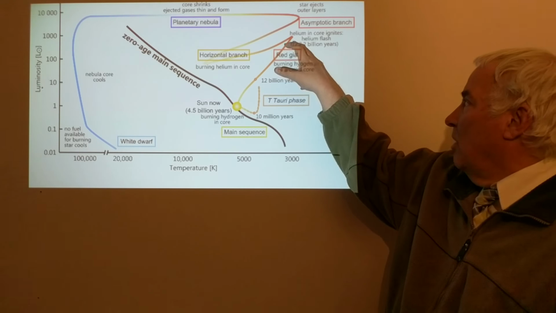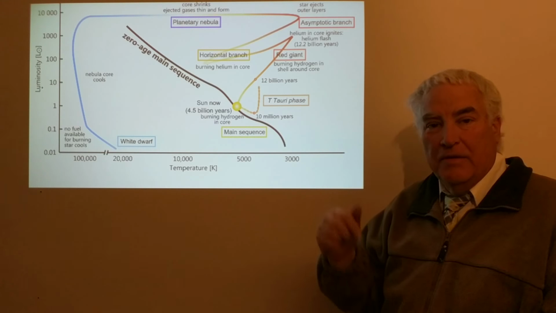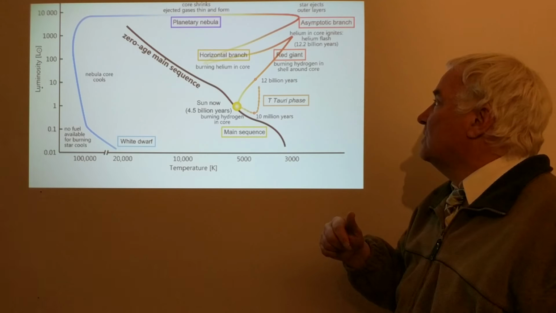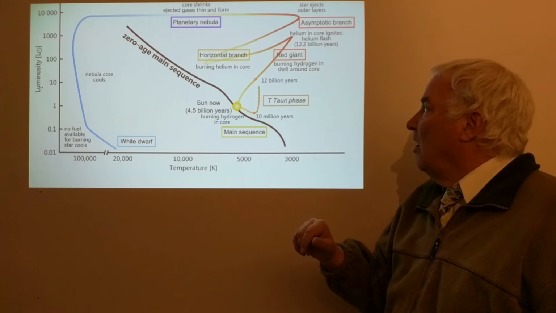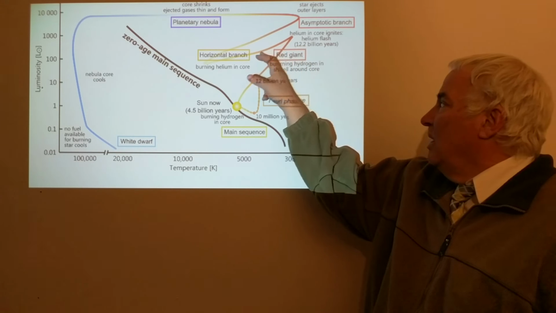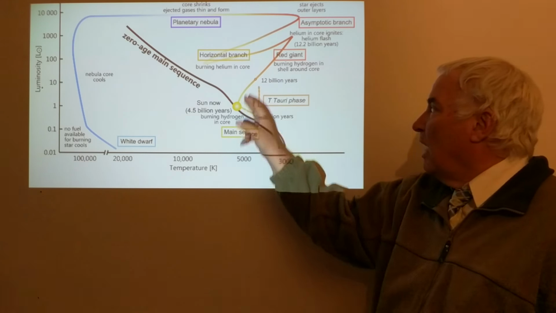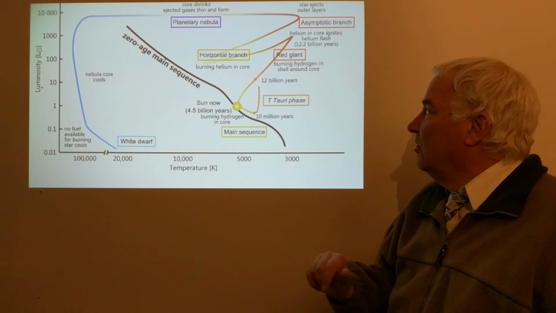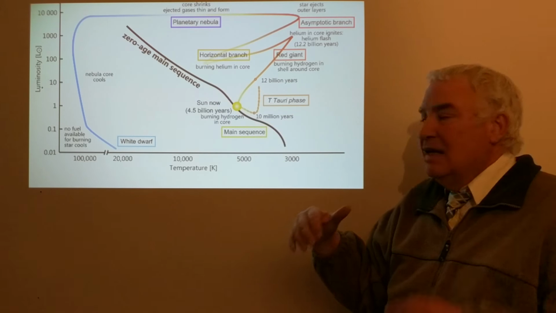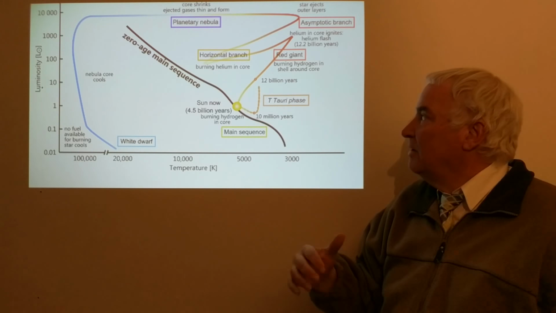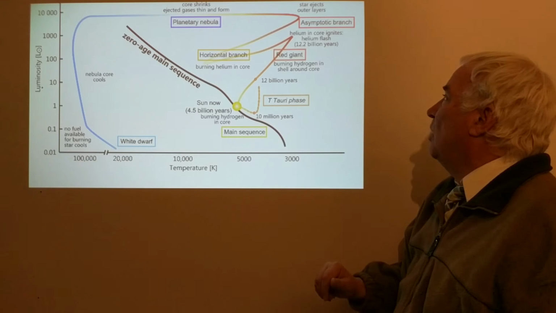becoming red and large. And then there's a helium flash, and the helium flash is the beginning of the fusion of helium into carbon in the center of the star. And when that happens, the fusion in the core of helium is taking place, and the star becomes yellow again, smaller, and it's on a horizontal branch, much brighter, but the same color as the sun. But then the helium runs out in the core, and it begins fusing helium into carbon in a shell surrounding the core, and that's what we call the AGB, or the asymptotic giant branch.